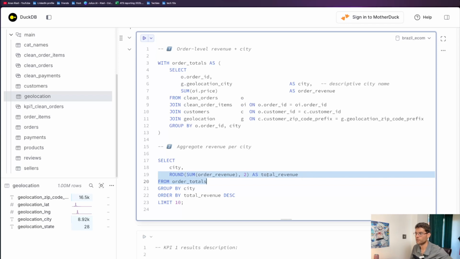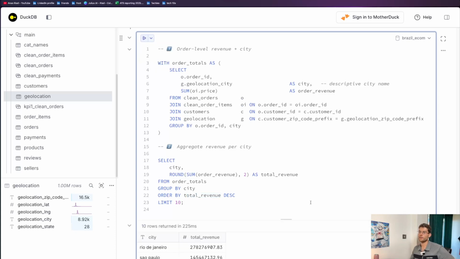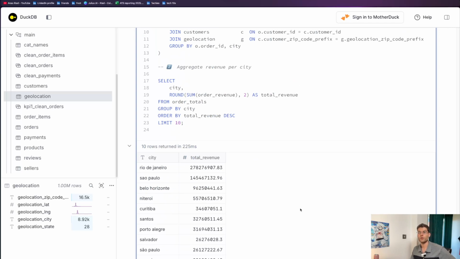And then we just call it as total revenue from order totals, our CTE. We group by the city, we order by total revenue from biggest to smallest, and we limit to 10. So we're going to get the top 10 total revenue per city. We can see Rio de Janeiro first, Sao Paulo second, and so on, which is not much of a surprise,